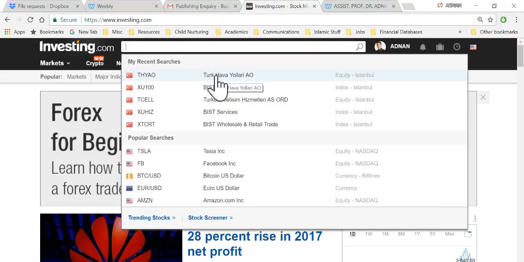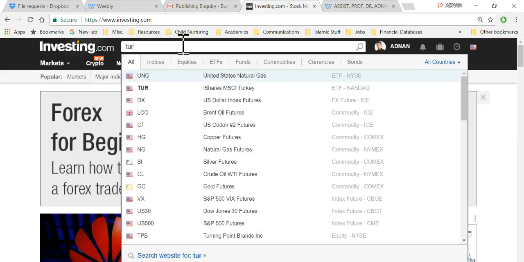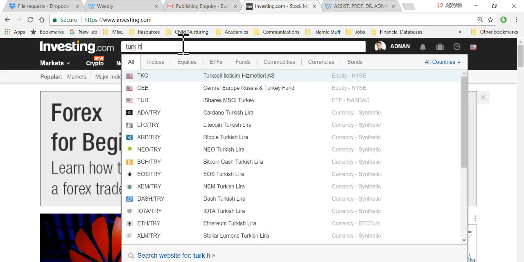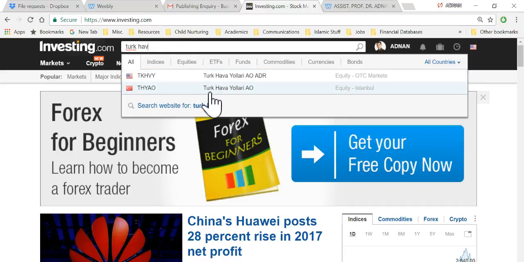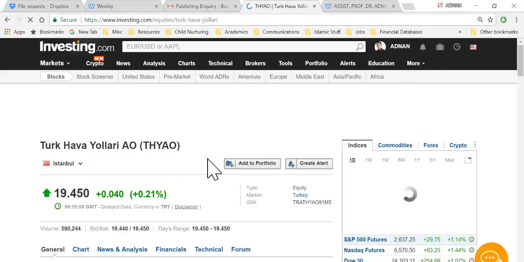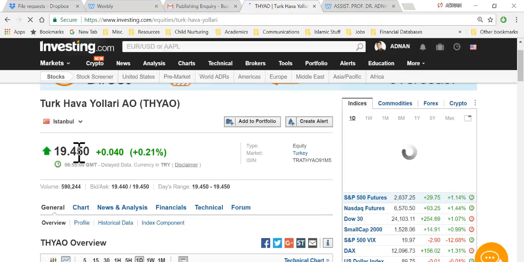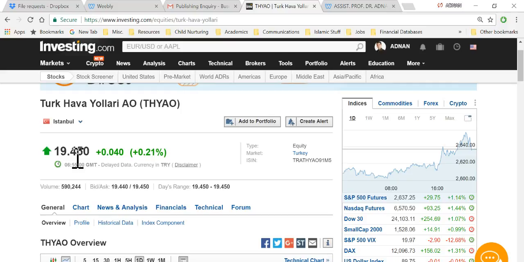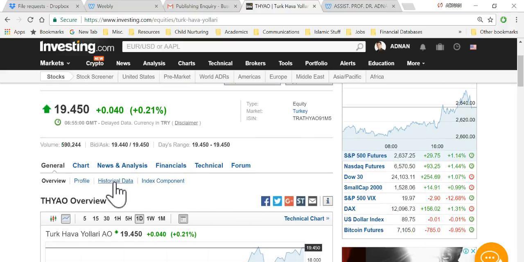Let's download the data of some stock like Turkish Airlines. So I just click here on Turk. I need to write in Turkish. So Turk airline stock is here. So this stock is at 19.450 Turkish lira. So you will go here, historical data,